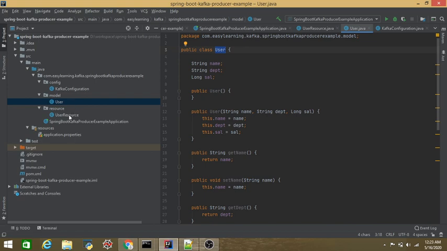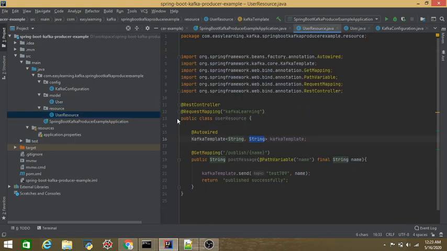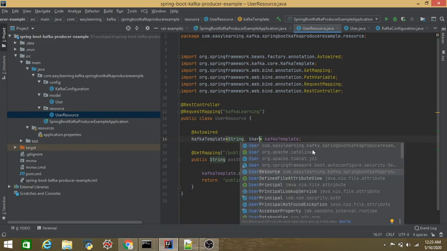Now go to your class here, and instead of string in the Kafka template, we need to pass user now, right? That is coming from com.easylearning.kafka spring boot example.